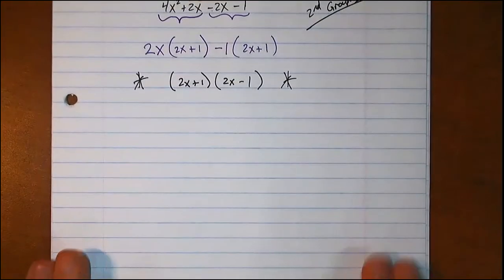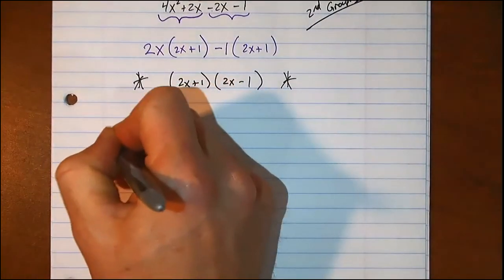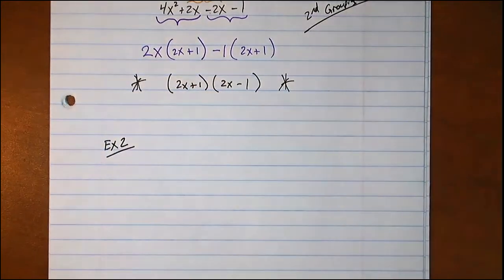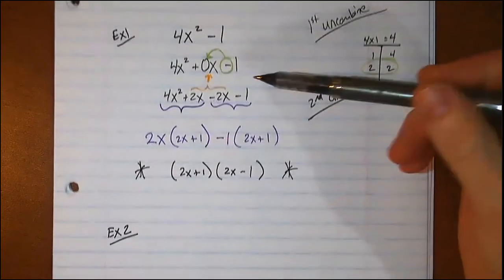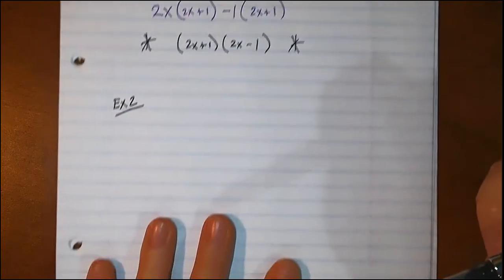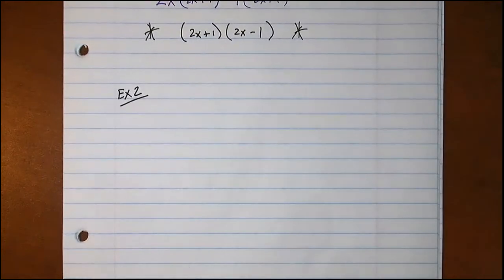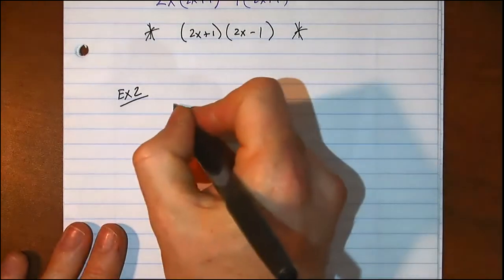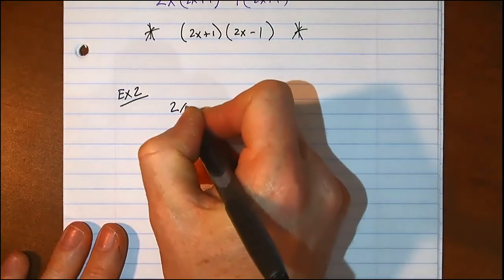All right, let's do one more. Example number 2. Now, with this example, I'm going to go ahead and let things get a little bit ugly. We've done an example where we could focus on the process because the numbers were nice. This time, we're going to talk about the downside of using grouping. The downside is sometimes the numbers get ugly. So let's go ahead and let that happen. So I'm going to say,